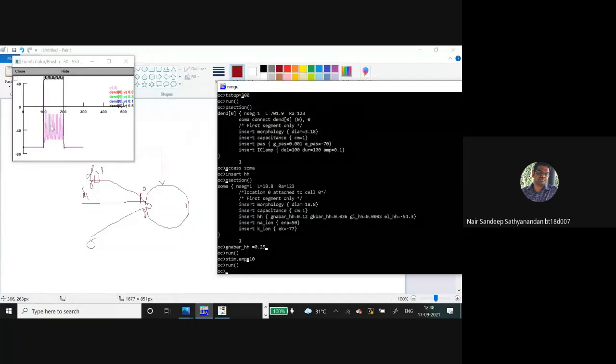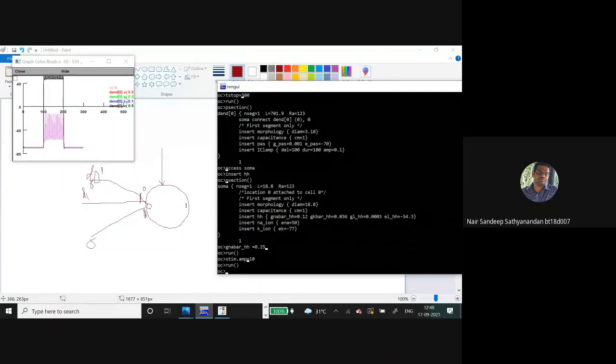It is around minus 25 to 30 millivolt, whereas the potential that was generated at the dendrite at 0.5 location was very much higher.